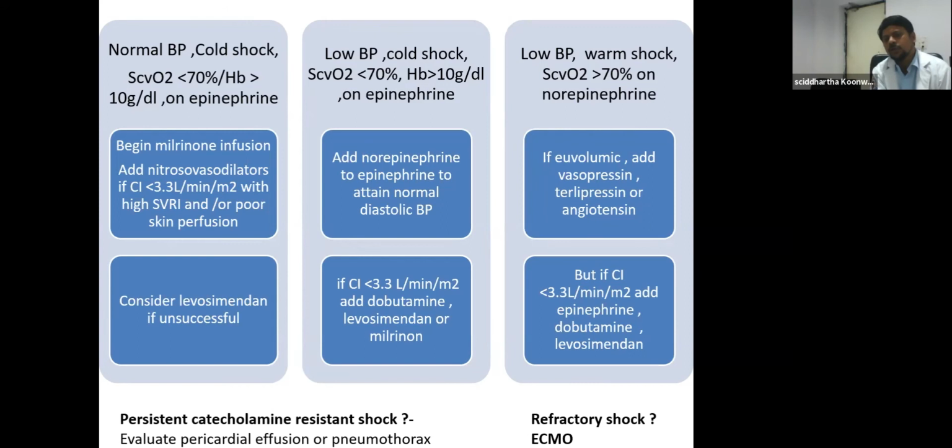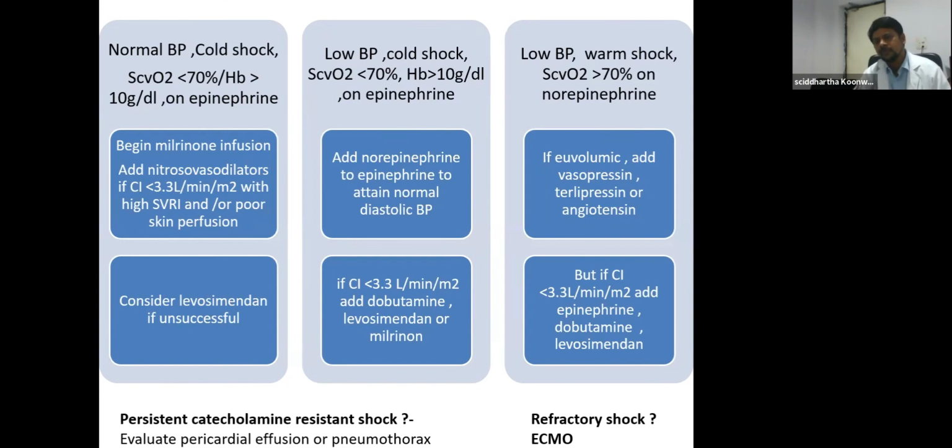In patients of cold shock and with hypotension and the central venous oxygen saturation is less than 70%, we should start norepinephrine along with epinephrine to attain normal diastolic blood pressure. Norepinephrine is a potent vasoconstrictor, so it causes redistribution of blood from skin and GI tract to more vital organs and maintains diastolic blood pressure. If cardiac index is still below 3.3 liter per minute per meter square, then we should add dobutamine or levosimendan